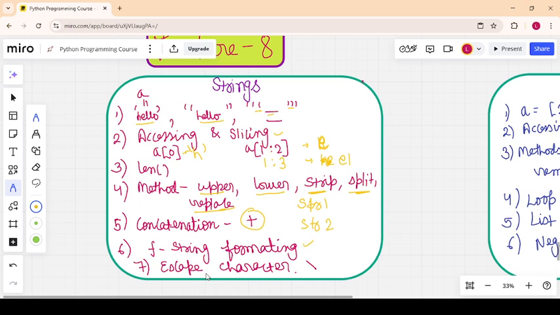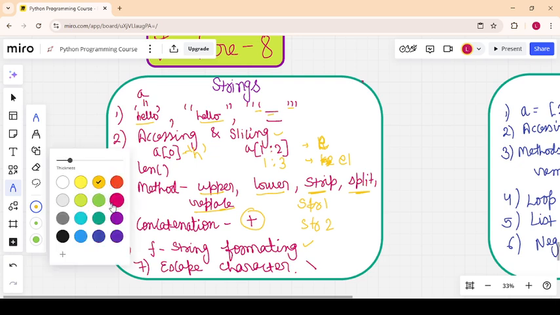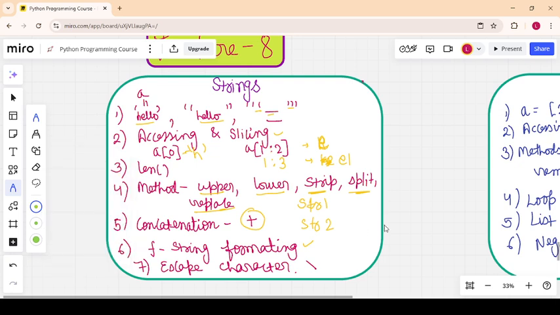And there is an escape character. I will explain this here. Suppose I choose a different pen. Suppose I write hello, I use a double quote, and inside it another word, and I use a double quote.